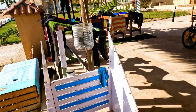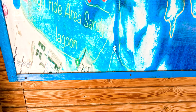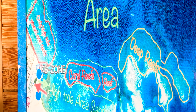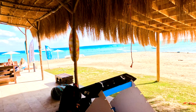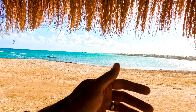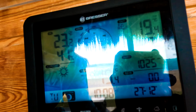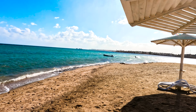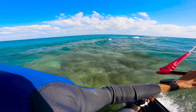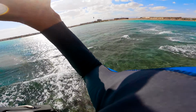storage for your board, wetsuit, harness, so it gets dry, go for lunch, for a session, the areas you can kite in, and then you come back, take your kite from the storage and enjoy your session. They've also got a live meter of wind strength and temperature, and just a great chilling area as you see loved ones kiting. Let's get back into the session, starting with a nice jump,